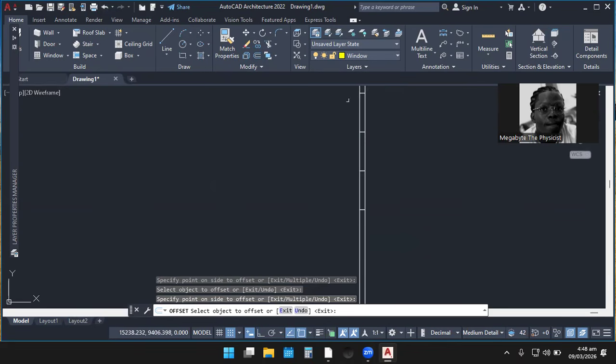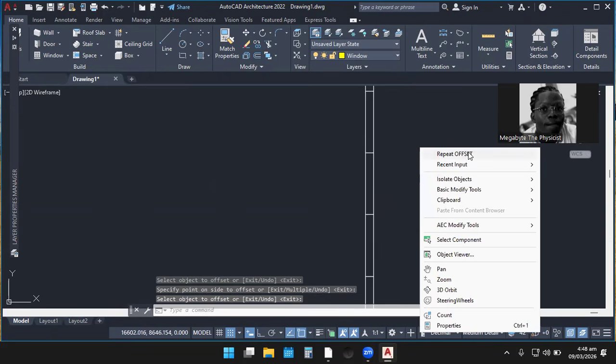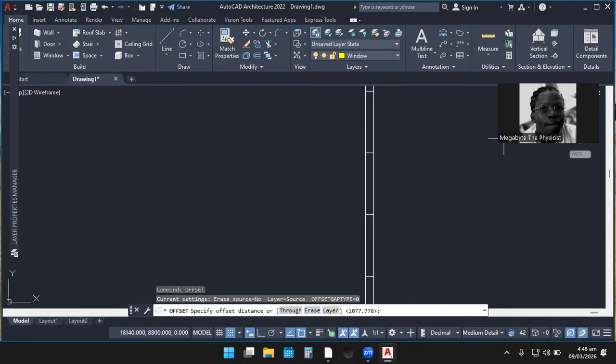I'm just going to look for the thickness of the door. Okay. So let me remove this offset. Let me repeat offset again. And then from there, I can specify the thickness of the wood. They say you should specify offset distance, so 50 for door. Yes, enter like this.